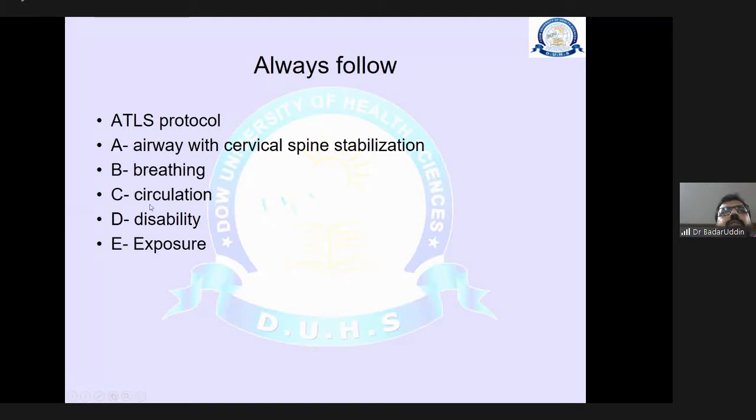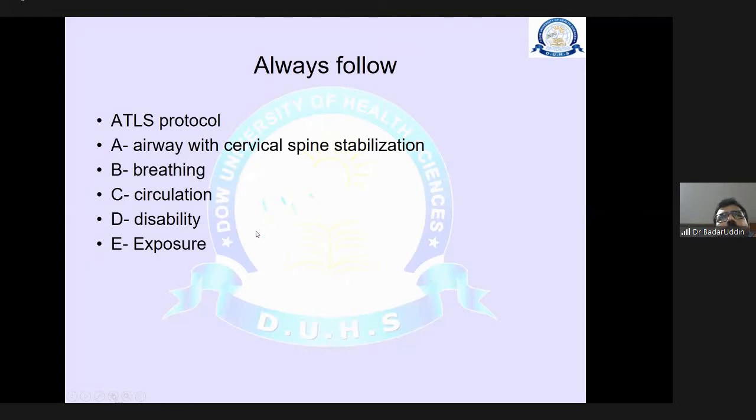So how will you treat? Put in 2 large IV cannulas and then start transfusing 1 blood, 1 crystalloid, 1 colloid. Check the limbs, check the position of the limbs, whether they are in a deformed position. Correct that with a slab, and in the end you expose the patient throughout from head to toe, from the front and from the lateral, and document all the injuries. So this is the key. Whenever you see a patient with pelvic trauma, follow the ATLS protocol and all these principles.